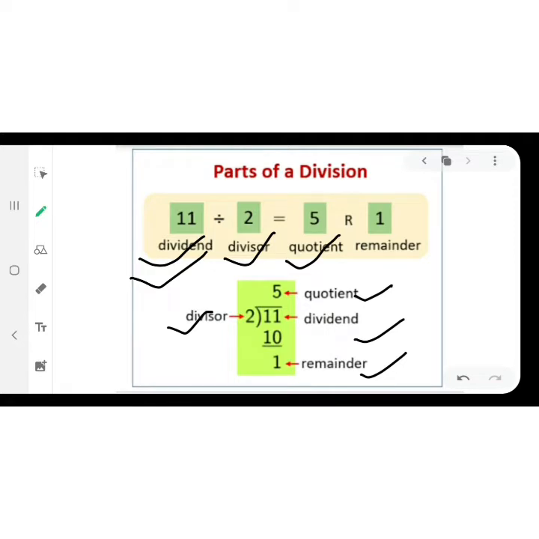And sometimes it happens the number which is given is not completely divided. So for that, some number is remaining at the end of the division. So that remaining number, at the last of the division, is known as remainder. So 4 different terms are there related to division, that is dividend, divisor, then quotient and remainder.